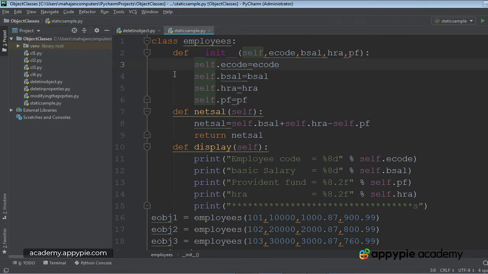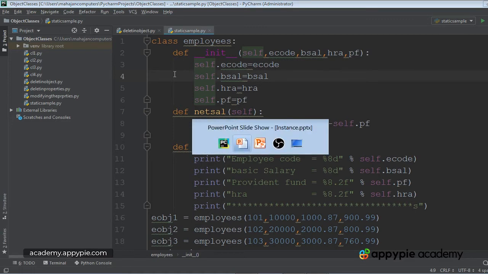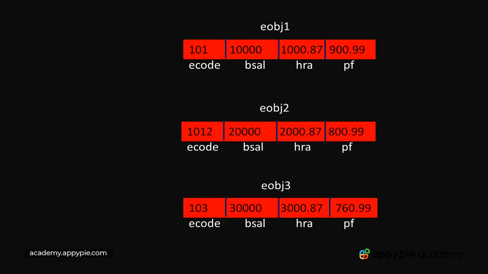Now, after this, the scenario will be in the memory. Let me show you. In the memory, these objects would be created. You can see eobj1, eobj2, eobj3. You can clearly see this diagram. This is depicting the way the objects are